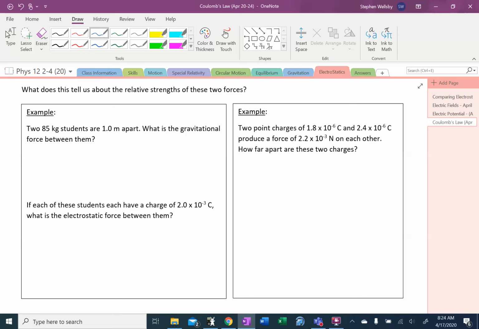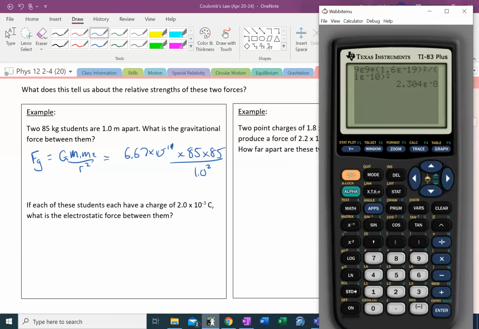So the first one we have is the force of gravity. So we know this is our formula, Fg equals G m1 m2 over r squared, and G is 6.67 times 10 to the minus 11 multiplied by 85 times 85. That's the mass of both students, they're the same. And we're going to divide this by r squared, so divided by 1 squared, and what do we get? 6.67 times 10 to the minus 11 times 85 squared, and divided by 1 squared is just divided by 1,